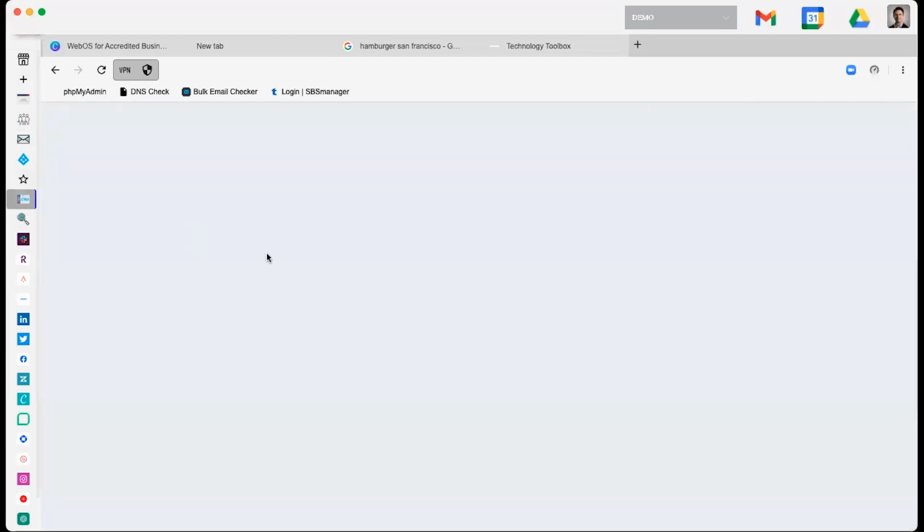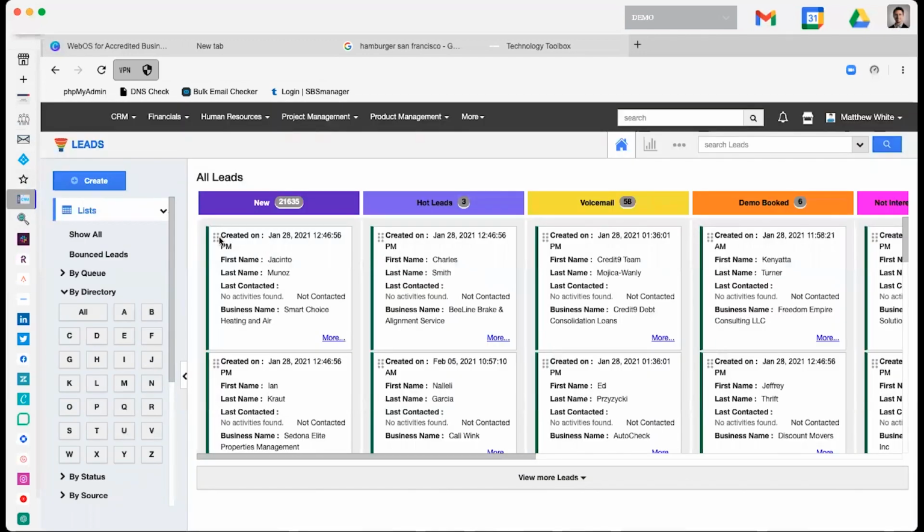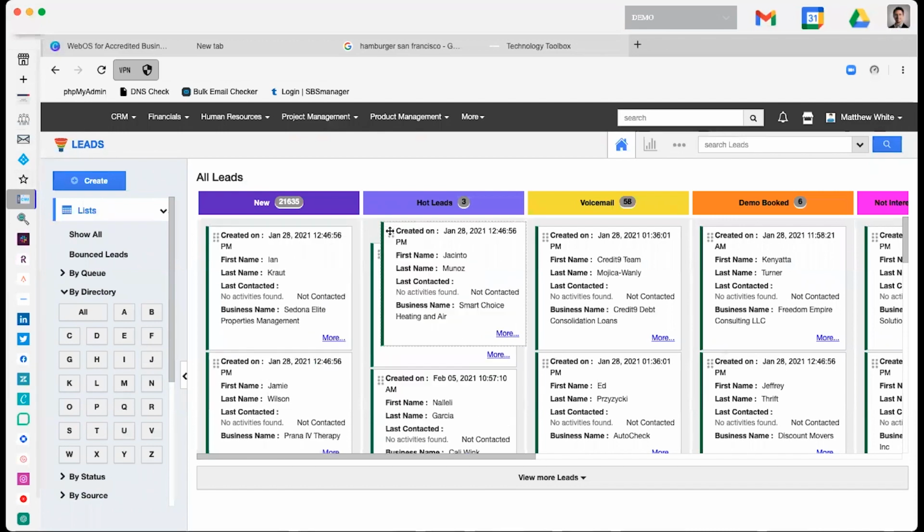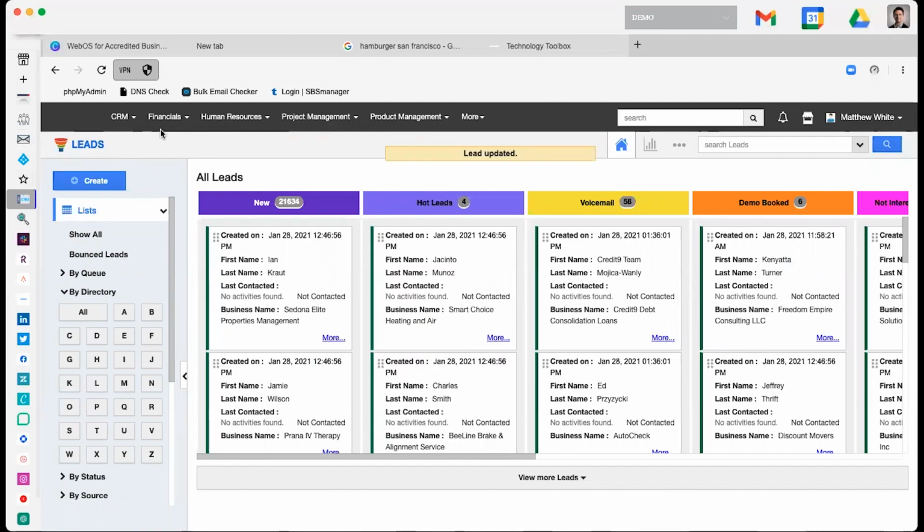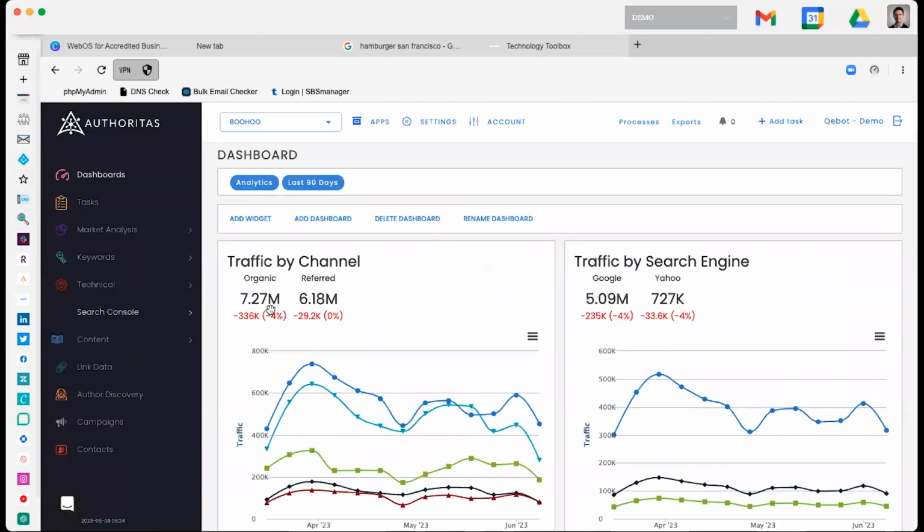We've got our CRM. So if you want to manage your business, you want to manage your leads, you can manage those right through here as well. Again, $25 a month per user to manage your CRM, financials, human resources, project management, product management, all in here. And then SEO tools to really help you build an SEO strategy, keyword strategies to help grow your online